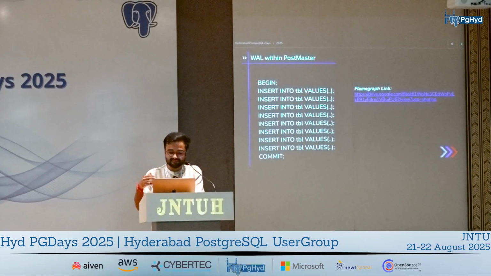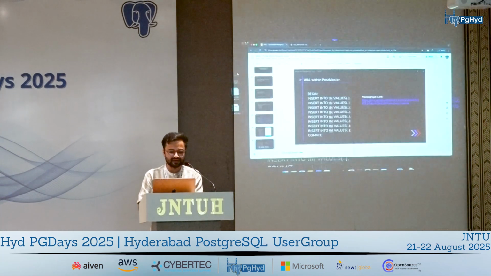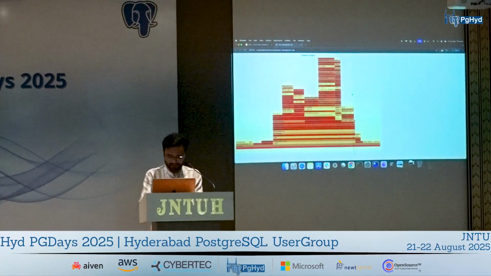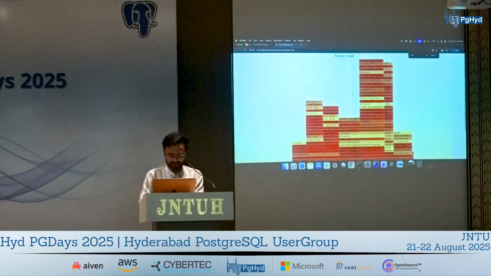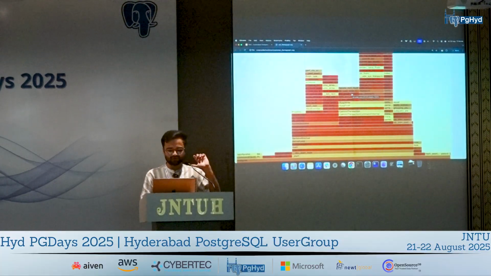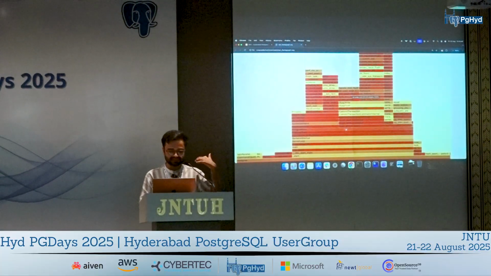Now for this presentation, I ran a very small transaction on Postgres and generated a flame graph for it. This is just for visualizing where exactly in the flow the WAL functions come in.